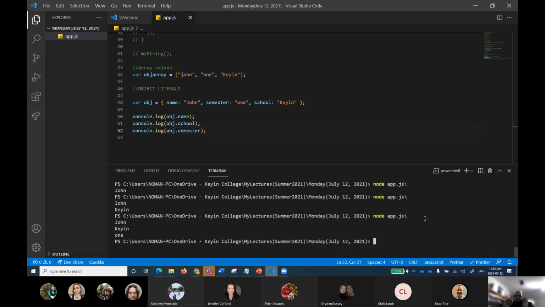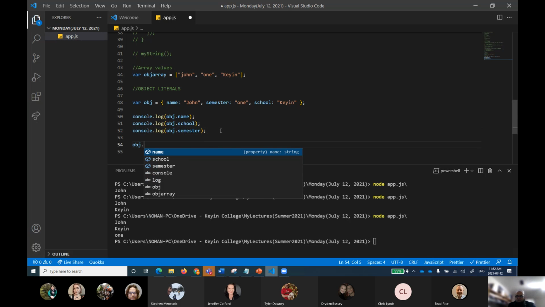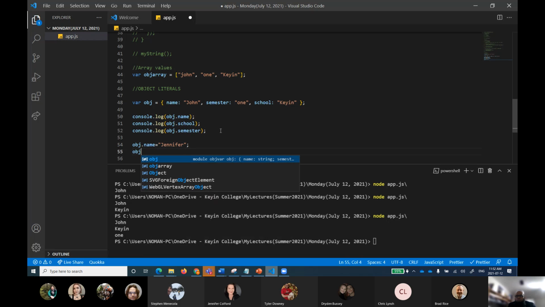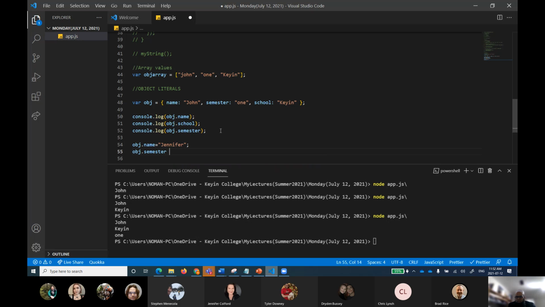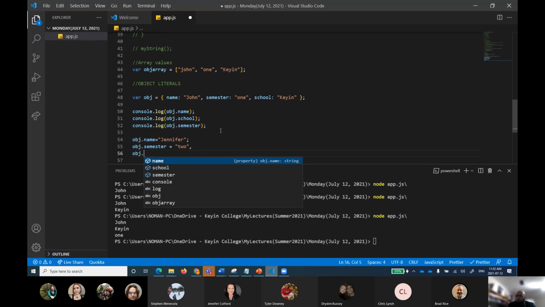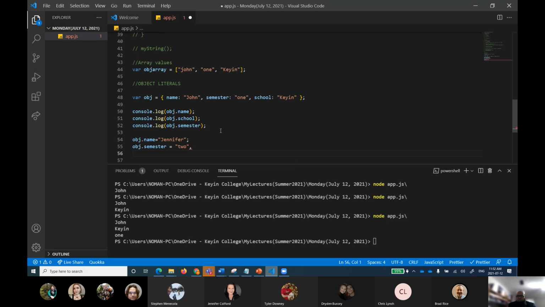And now, as Jennifer was saying, Jennifer was very right. After printing that, I said, Jennifer, now I want to create your object. So I will say obj dot name equal to Jennifer. This is one statement. Obj dot semester equal to 2 because you are in 2 semester. I'm not changing the school by the way.